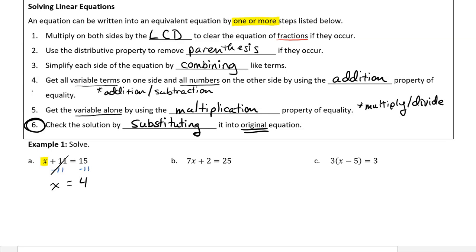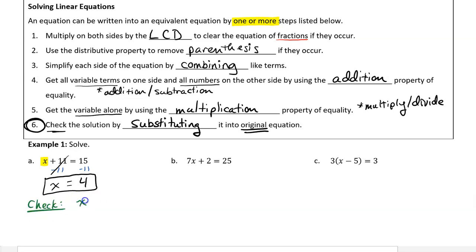Then I can try my fifth step, although reading what we have, the x is already alone. Right? We're trying to get the variable, which is the x, alone, and it already is. So this looks to be our answer. But if we're uncertain, or if we just want to get into this habit, which is good, we can always check, right? Check our answer. So if we do the check,